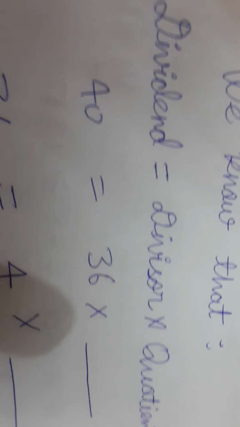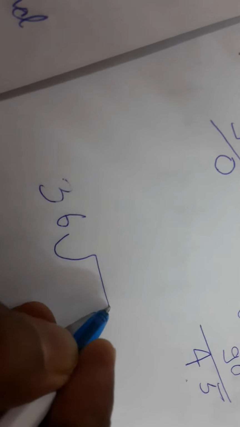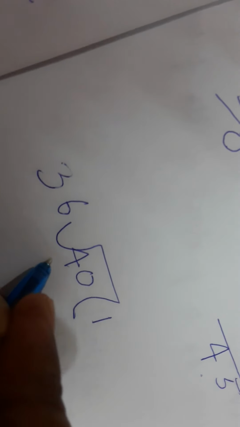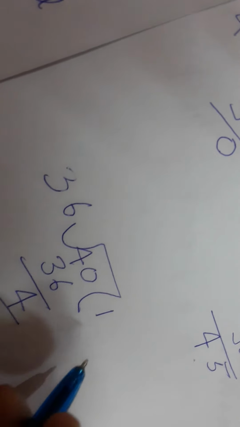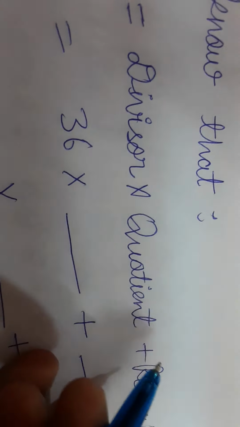Now I am determining the value of quotient and remainder. Only one times, remainder is 4. So we find quotient is 1 and remainder is 4. I am putting the value, quotient is 1